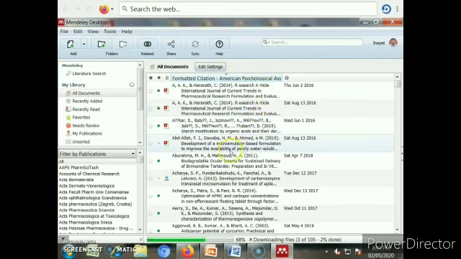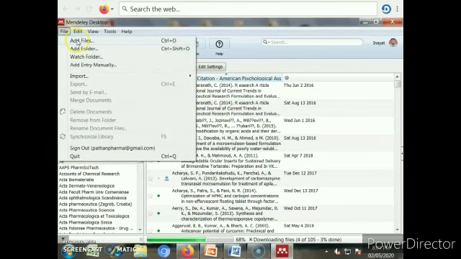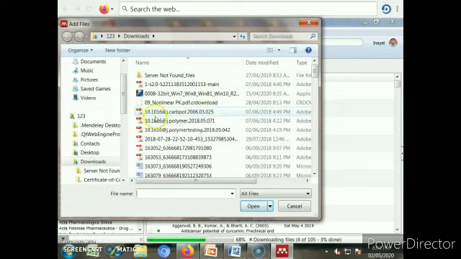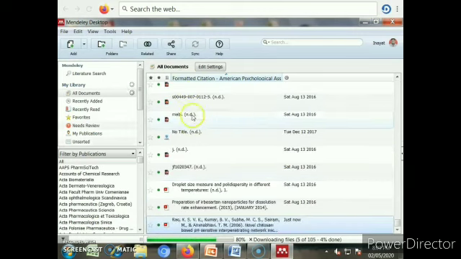Next we'll see the reference entry in Mendeley. How can we add an article in Mendeley? We can add in three ways: by a single file, from a folder, or by a watch folder. From file, we can now add a file. For example, this article is in my downloads on the computer. I will select this article and add it. In this way it will be added to the Mendeley library. It is added just now. You can see the status also.